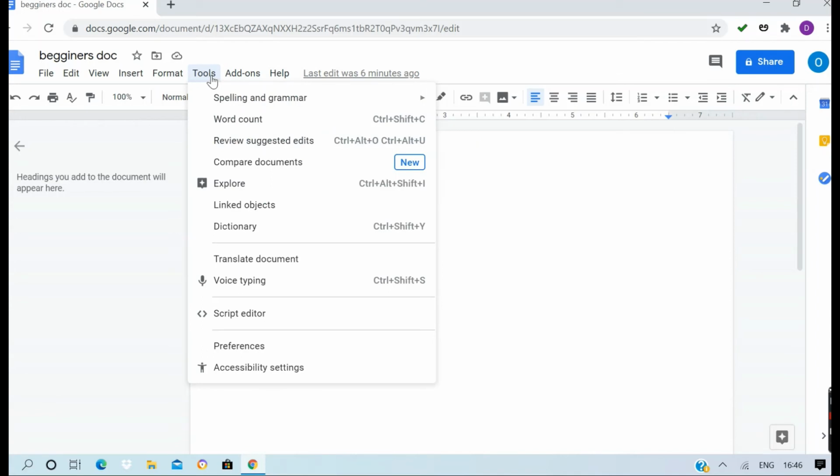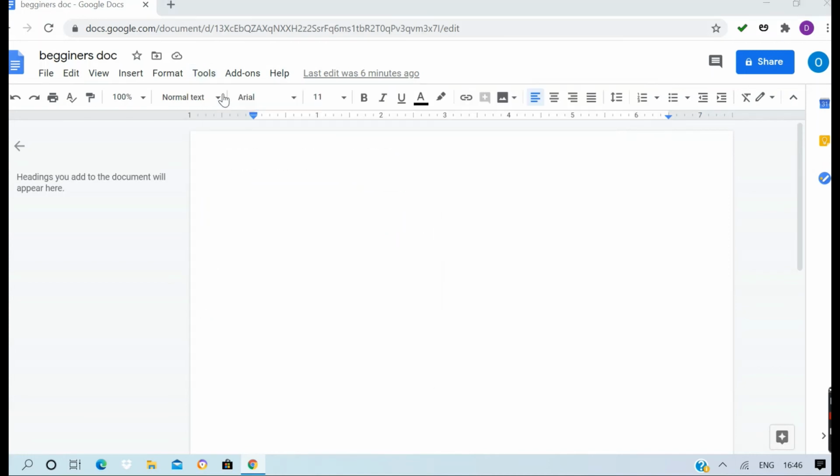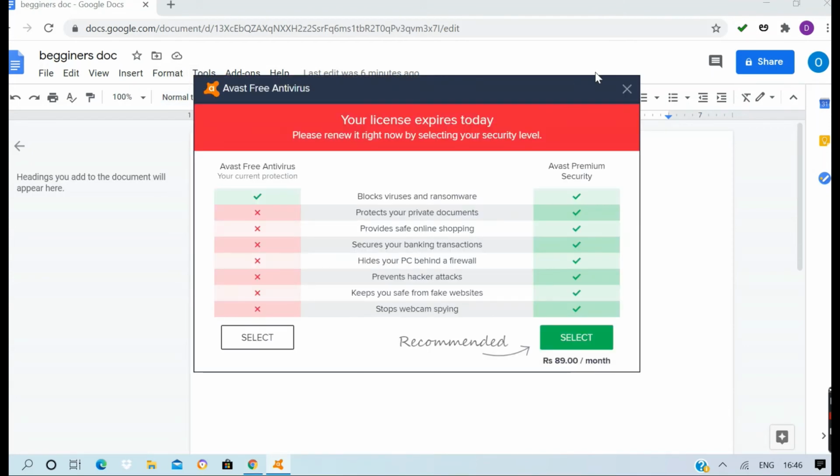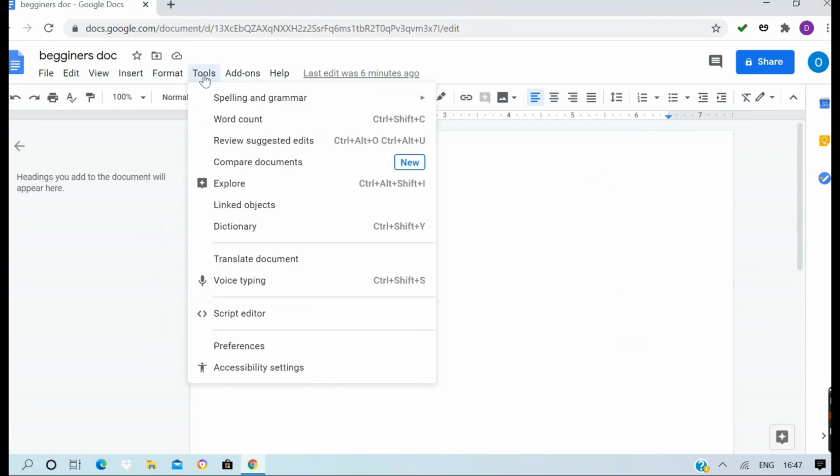Next, Tools: spelling and grammar. This is very important. When you are doing a document and want to submit it, you just need to check the grammar and spellings. And word count, this is also important.